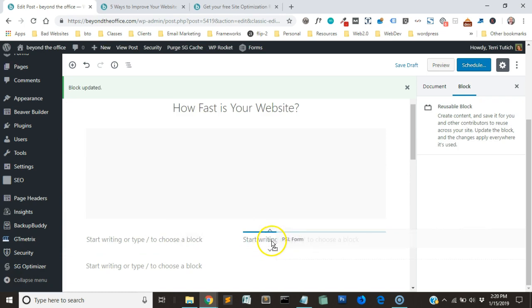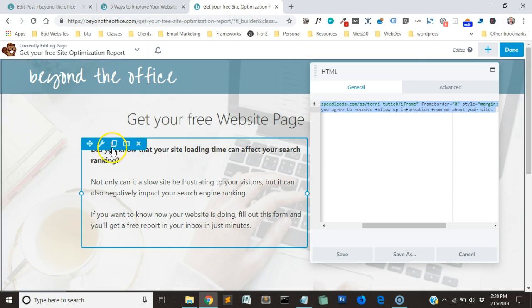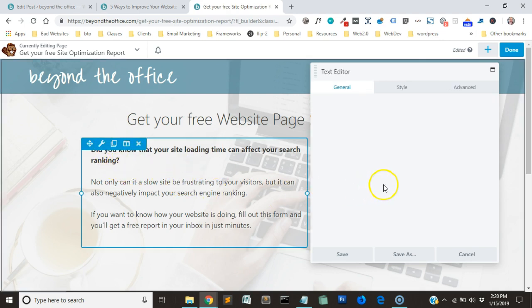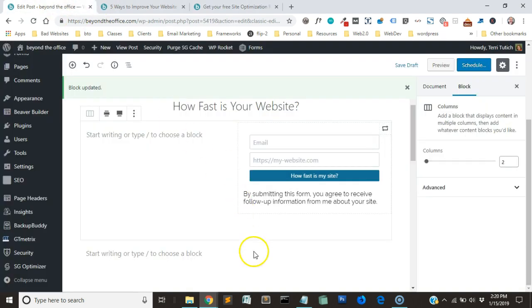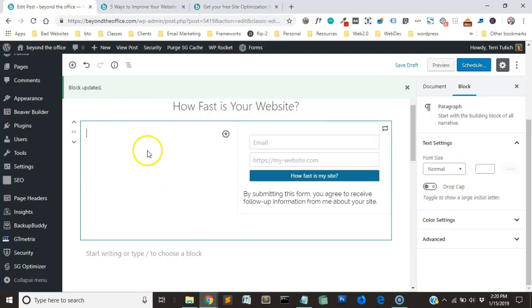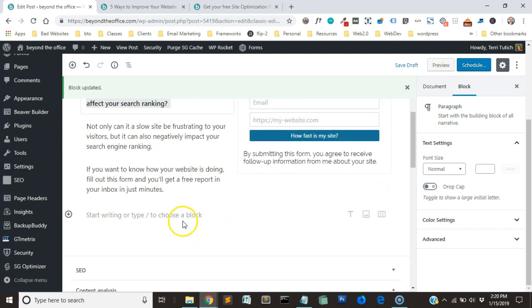I'm just going to drag that block down here onto the right hand column, and then I can take my text that I have over here, and we're going to drop that in here. So by default it makes these all paragraph blocks. I can change them to different blocks if I want. So now I've got that, and